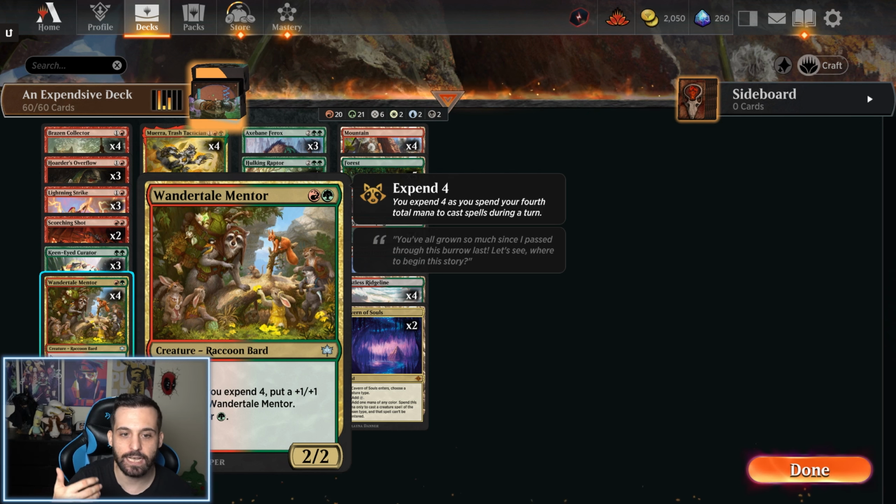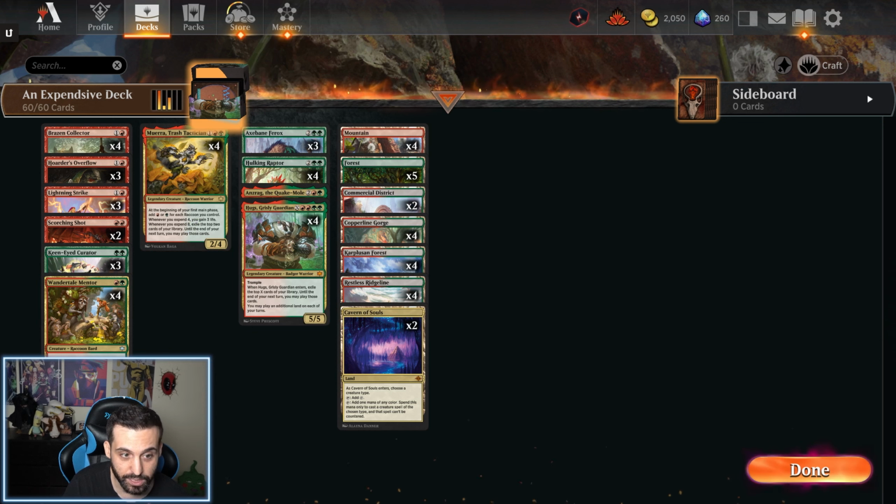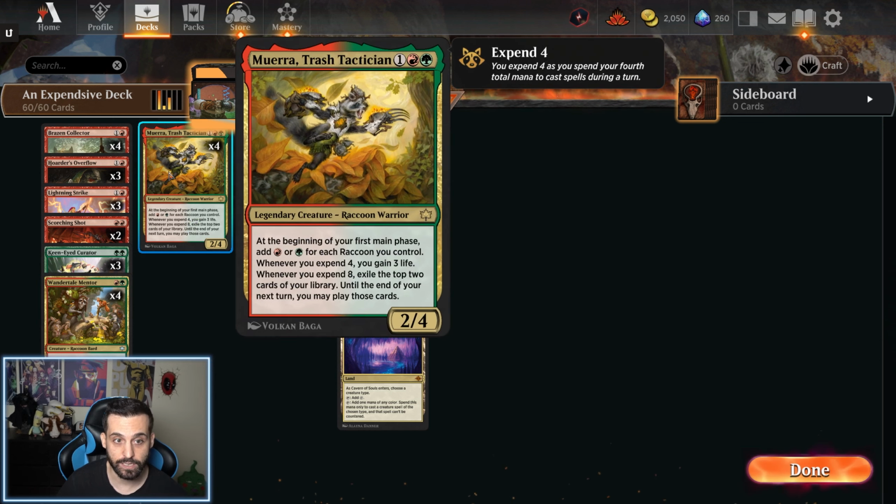But it's a mechanic that says whenever you expend 4, in this case, as you spend your 4th total mana to cast spells this turn, something happens. In the case of Wondertil Mentor, we get to put a +1/+1 counter on this mana tapping creature. But the key card in this deck, I have 2 key cards here. The first one is Moira, the Trash Tactician, a 3 mana Gruul 2/4 legendary Raccoon warrior